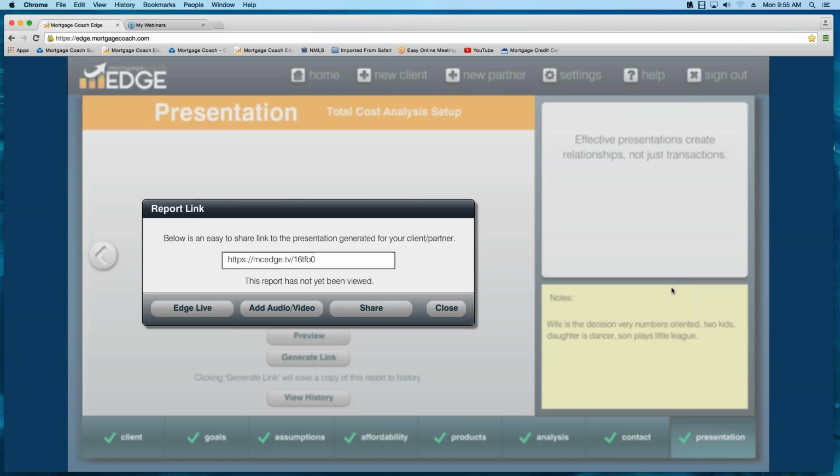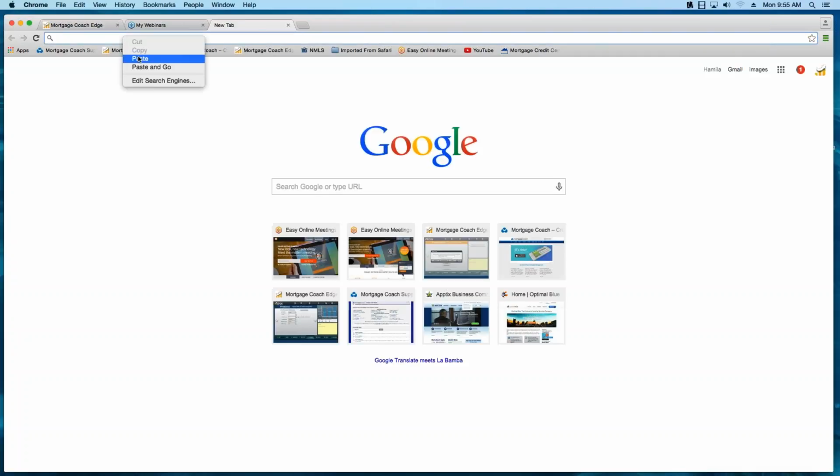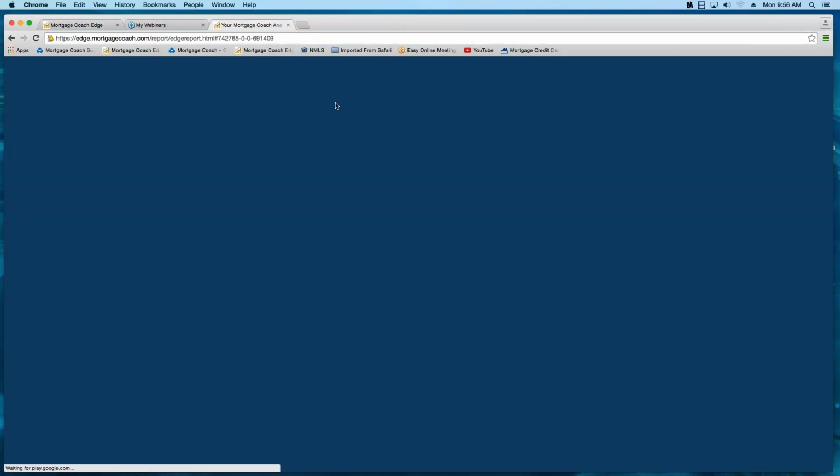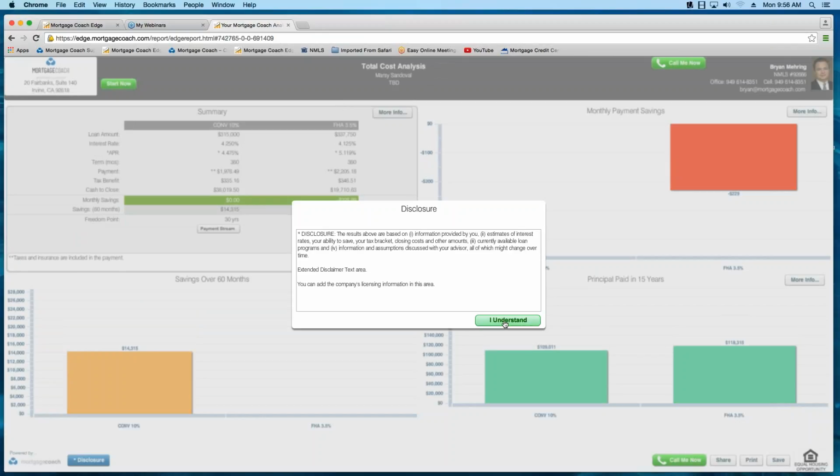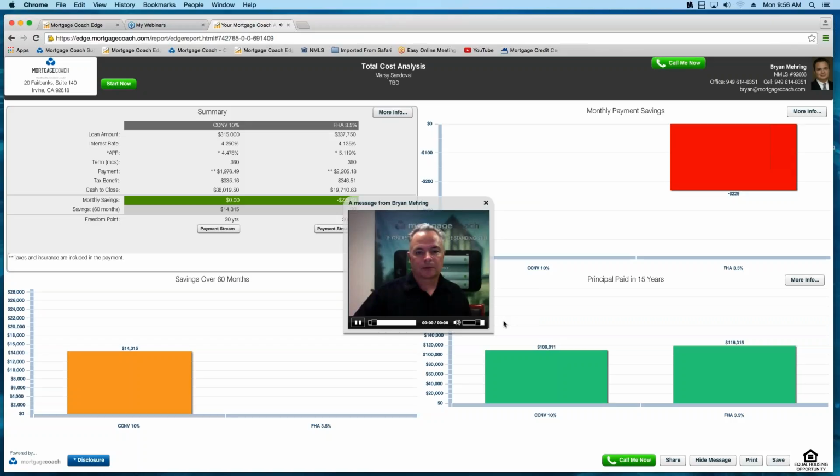So we're going to go back to the copy it, drop it in the new browser. So this is what your borrower will see. Comes up, I understand. There you go, folks. Showing you how to record a video for your first TCA. And you can see what that looks like from the borrower's perspective